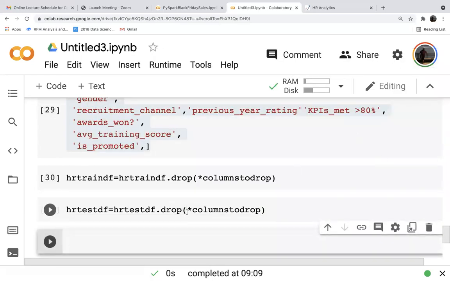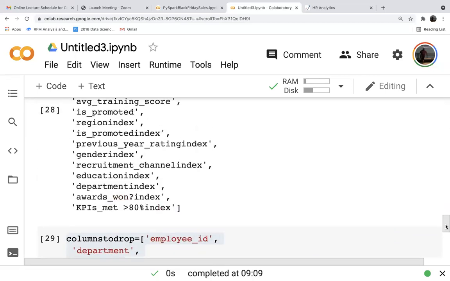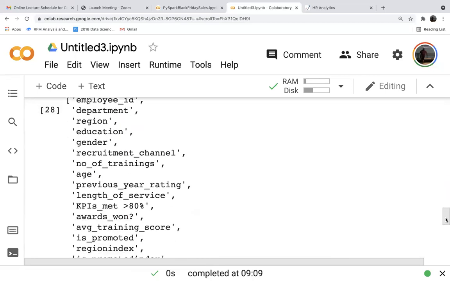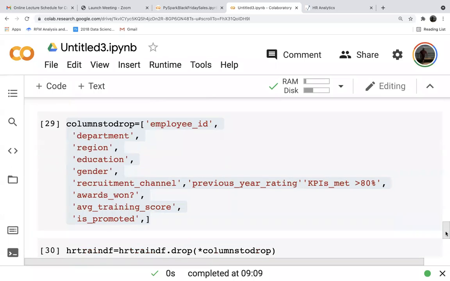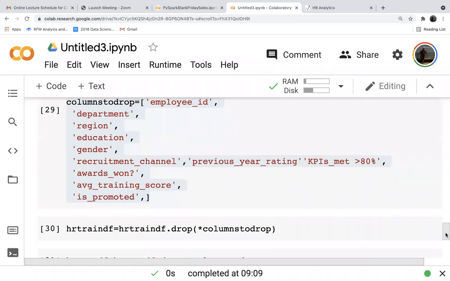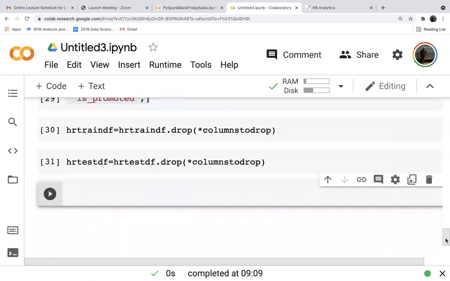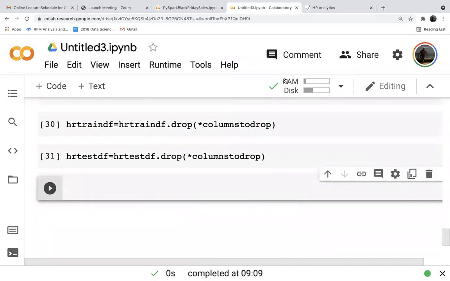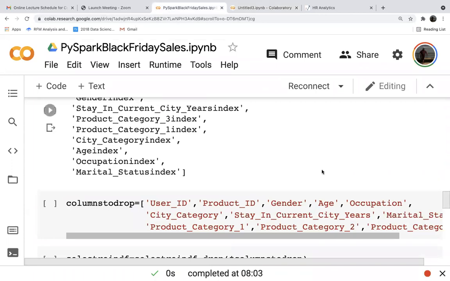So we have dropped the columns from both HR train and test. We have only the indexed columns now. We have run the string indexer on all the columns which are object columns, and then we dropped those columns from the data which were not used for index. We have taken the indexed columns.